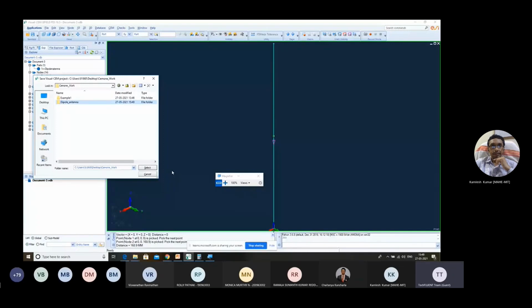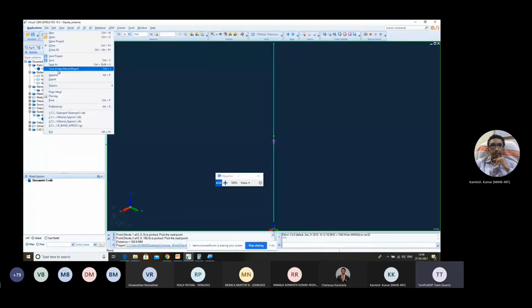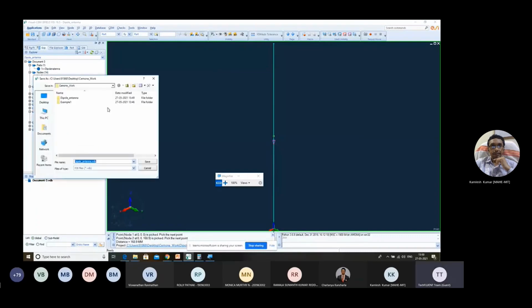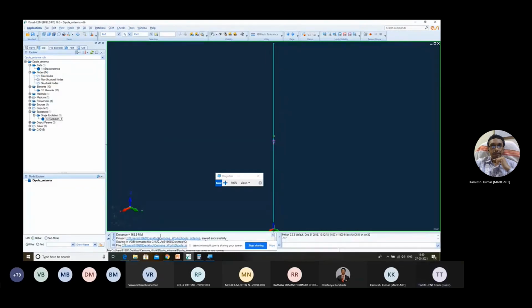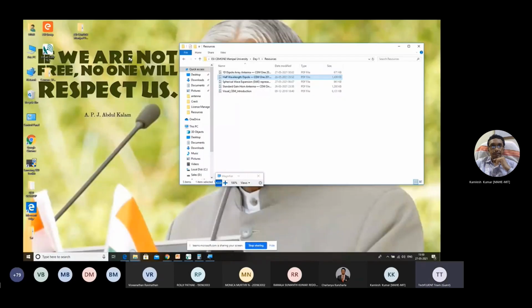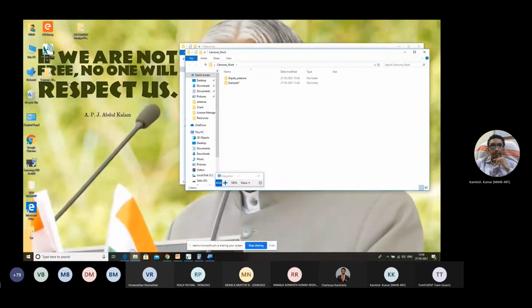The reason why I've saved my project file is, see, now I've saved two things. If I open my files now, I have got dipole underscore antenna. I have got dipole antenna underscore dot DAT, dipole antenna underscore dipole antenna dot MTR,